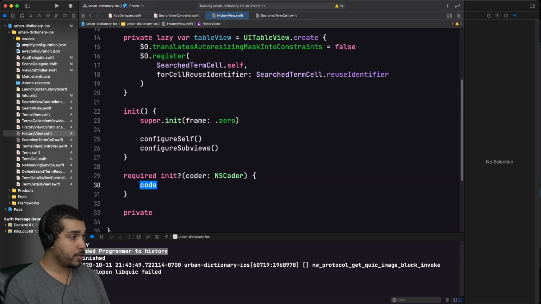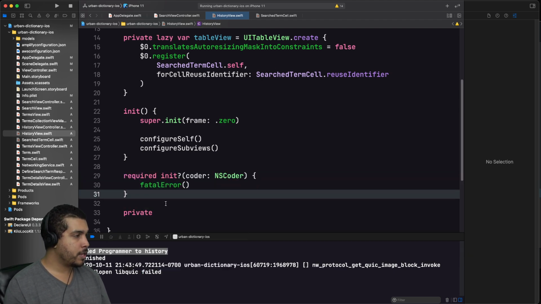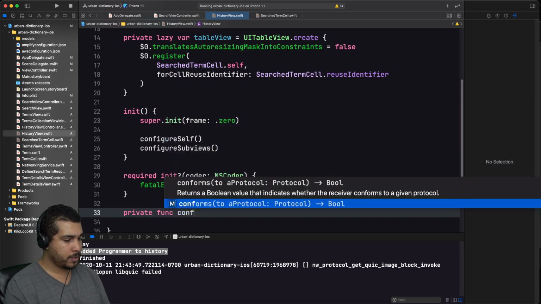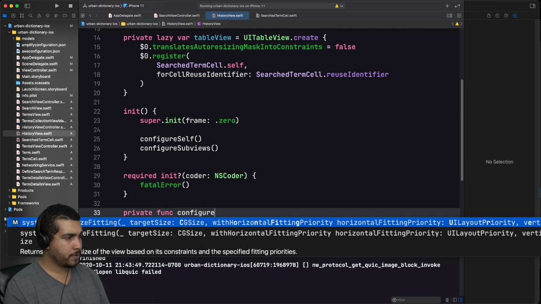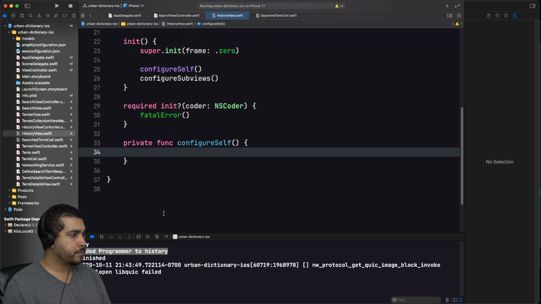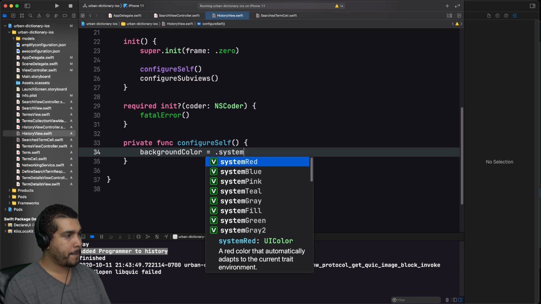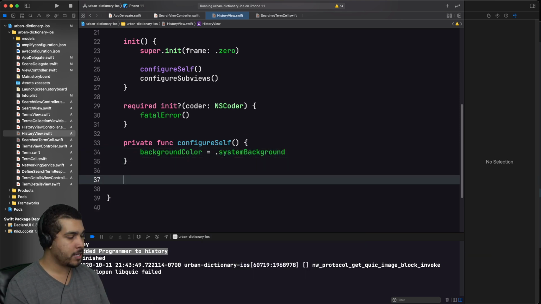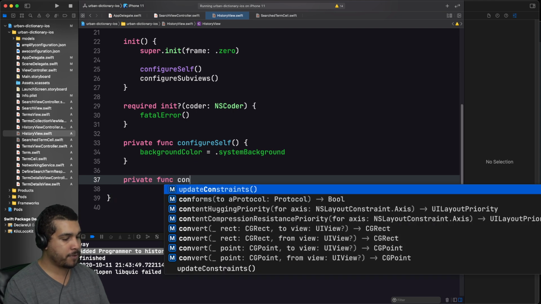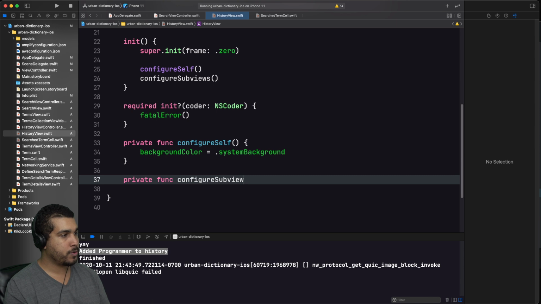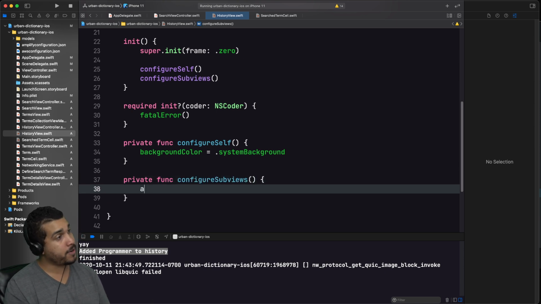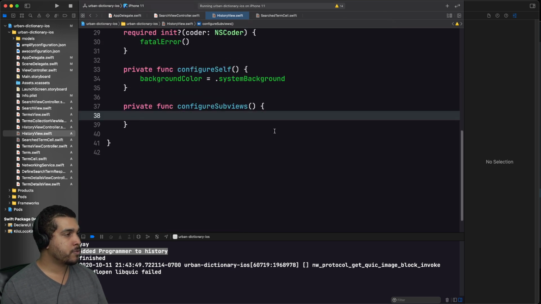We also need the required init, fatalError, like that. Func configureSelf. And that's just going to be the background color is equal to systemBackground, like that once again, and then another one which is going to simply configure our subviews so we can actually add those to the screen, or else they're not going to show up, and that's going to be a bad time. So we only have one subview, so we're just going to addSubview our tableView like that,